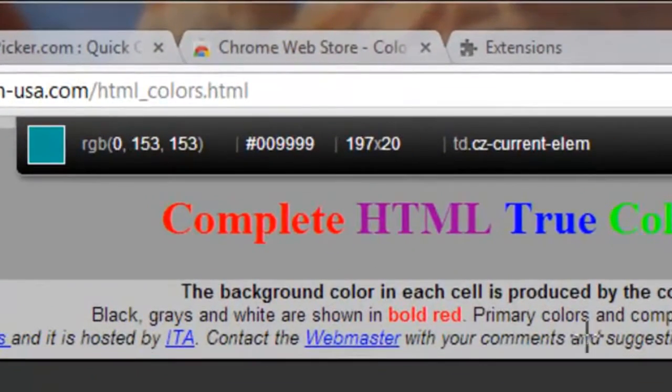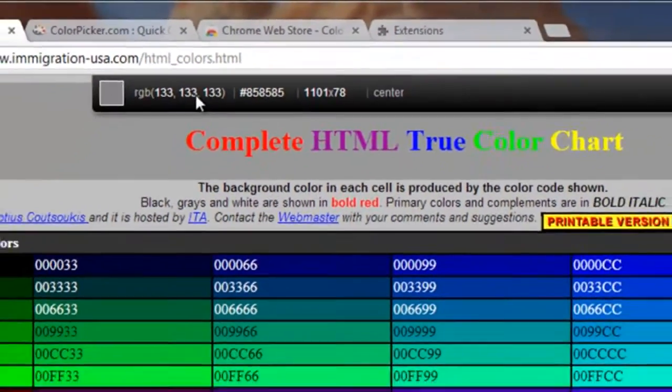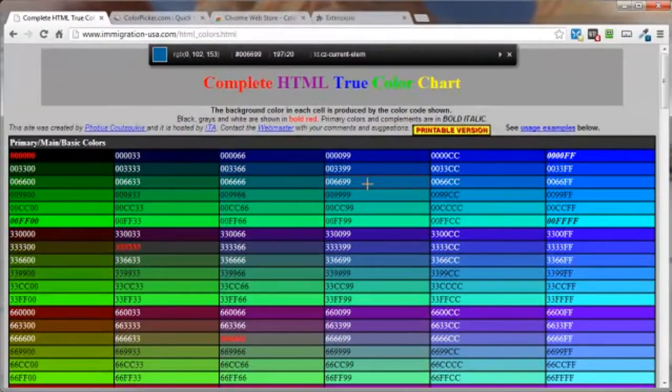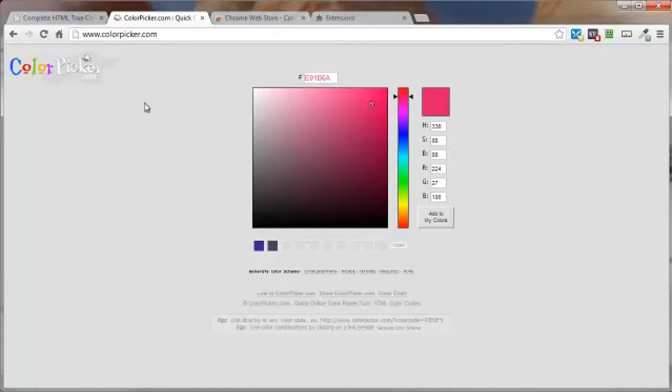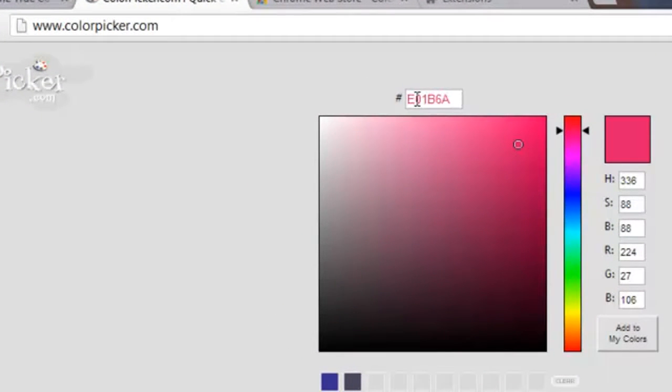And come on down here, and you can see right up here is the color, the hexadecimal code, the RGB code, and as you can see here, the 006699 in this box here matches that in the hex code up top here, 003399, and so on. So that's how I can get an exact match of an existing image that I already have. And another option is you can use this online color picker at colorpicker.com,